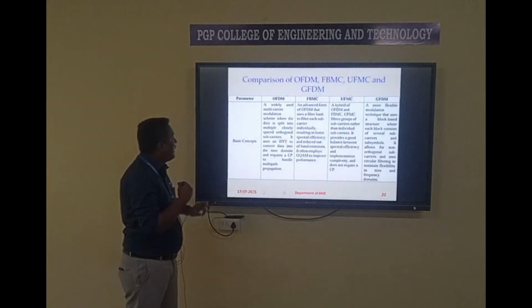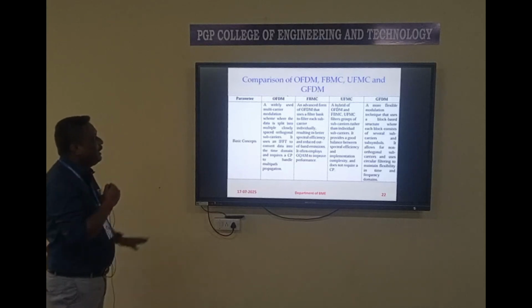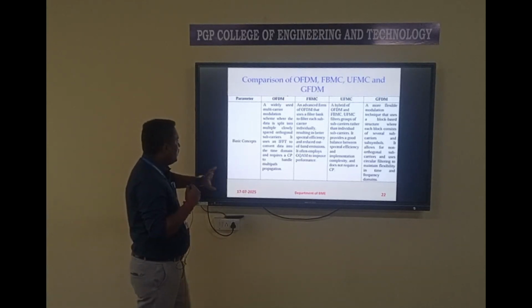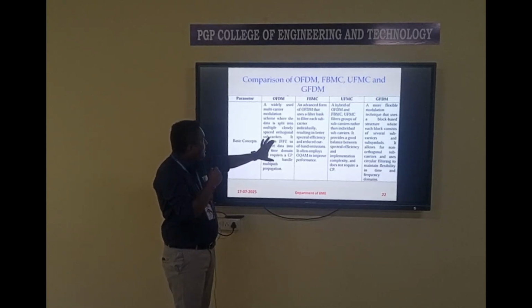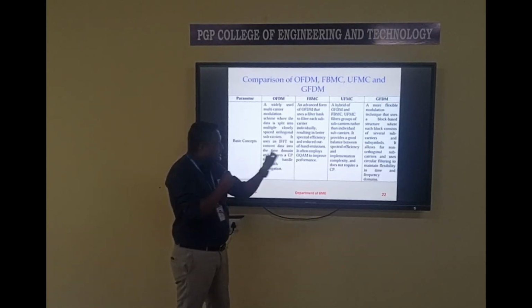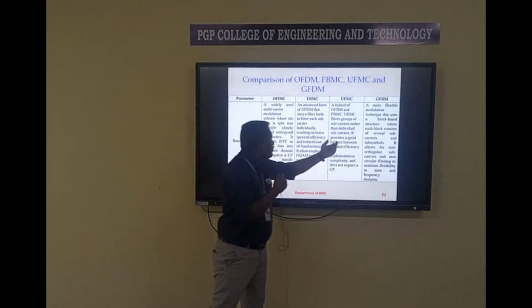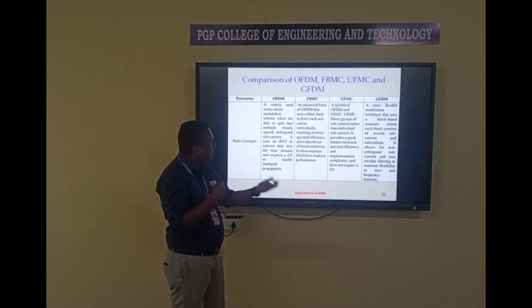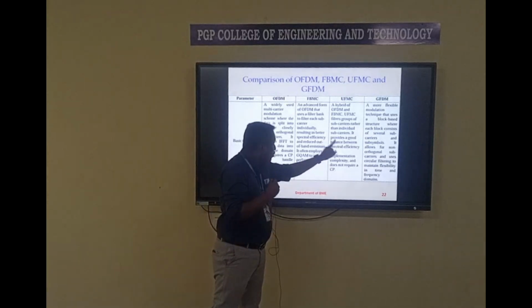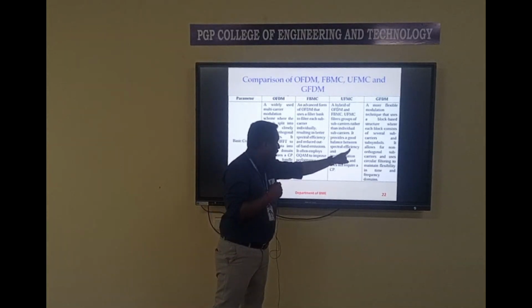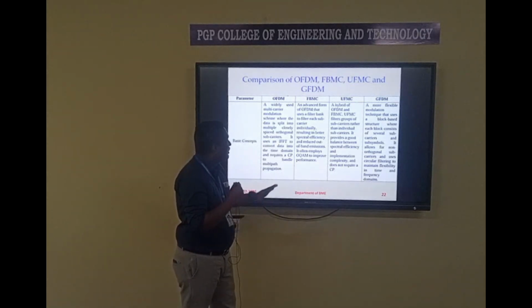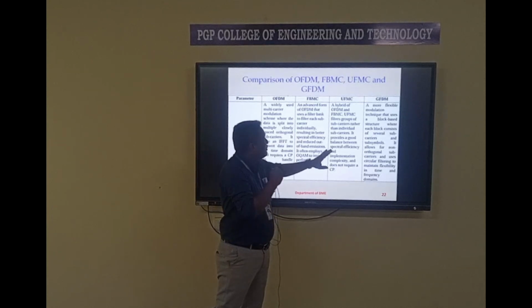Then finally, the comparison of all the multicarrier systems used in 5G technology. The basic concept: OFDM uses orthogonal subcarriers. FBMC filters each subcarrier. In UFMC the entire bandwidth is divided into subbands, and each subband we have to filter. That is the main advantage. Once we do that, we get good spectral efficiency. There is also implementation complexity, but here there is no need for adding and subtracting, so the signals are transmitted simultaneously.